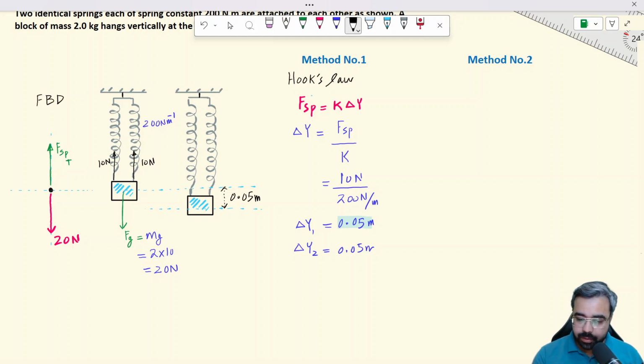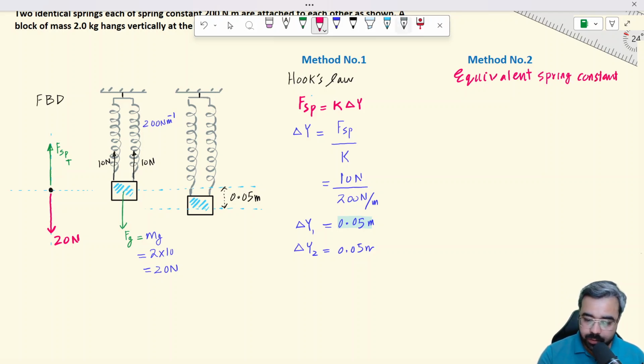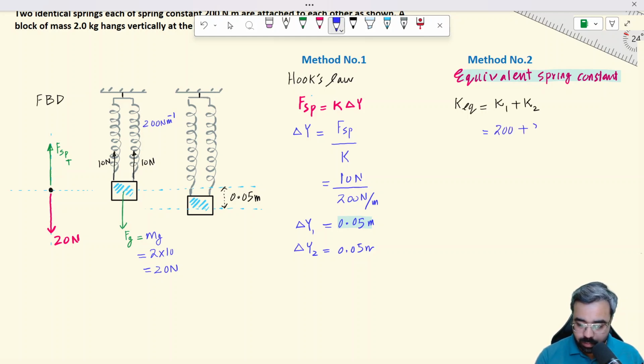Now in method 2, we will first find the equivalent spring constant, and from here you will get the reason why the extension is smaller than in the previous question. When two springs are connected in parallel, their equivalent is always equal to the simple sum of their spring constants. So 200 plus 200 is equal to 400